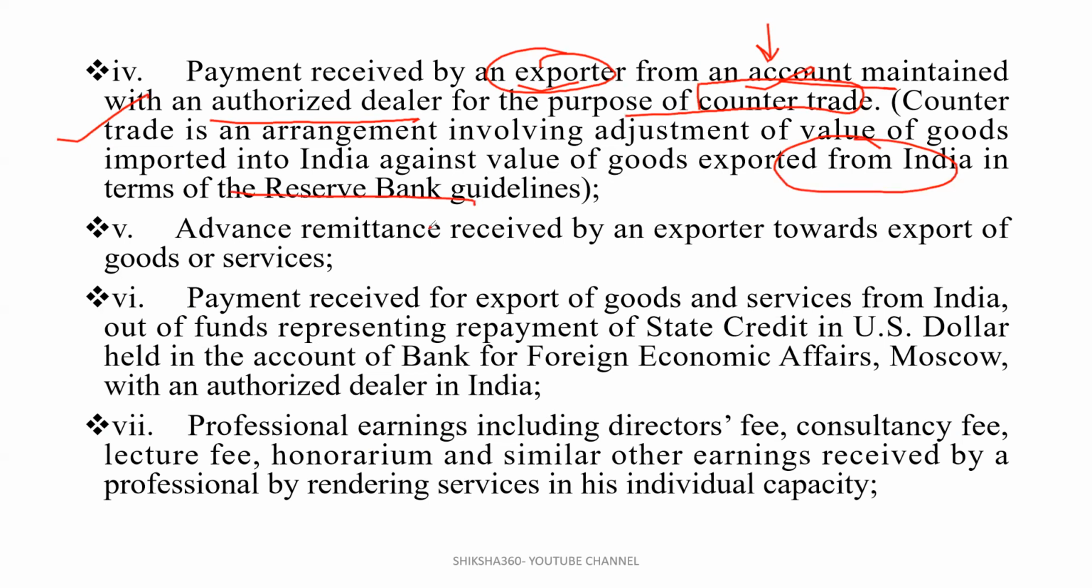That is, from some country we are importing and to another we are exporting. Clear? That is the meaning of counter trade. Next one, advance remittance received by an exporter towards export of goods or services. Clear? That is advance payment. Next one, that is payment received for export of goods and services. Clear? That is payment received for export of goods and services from India